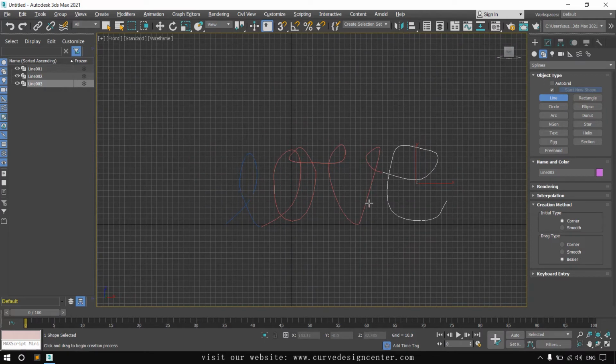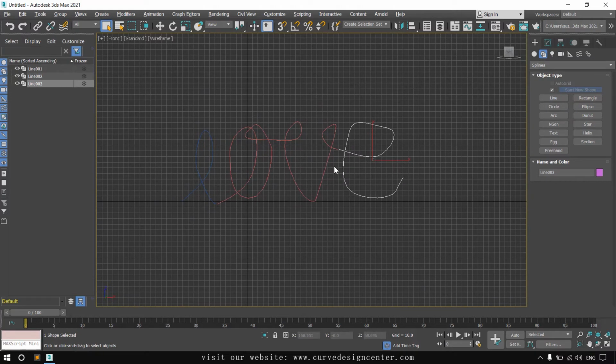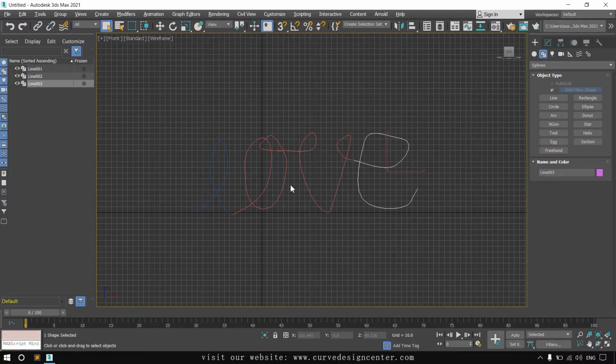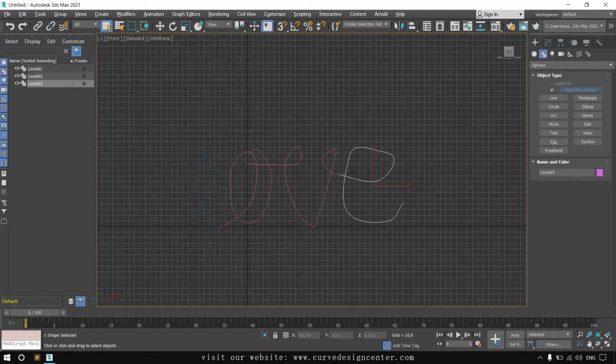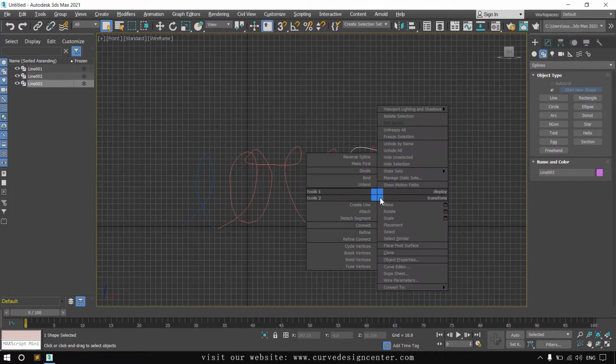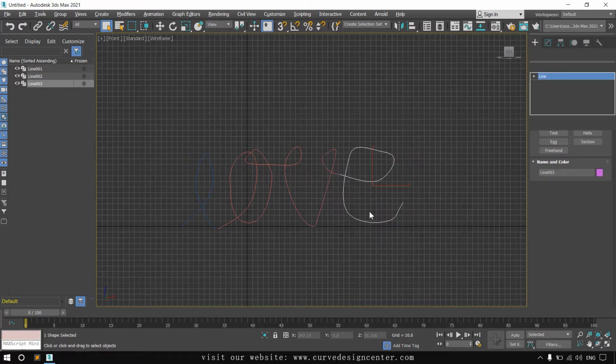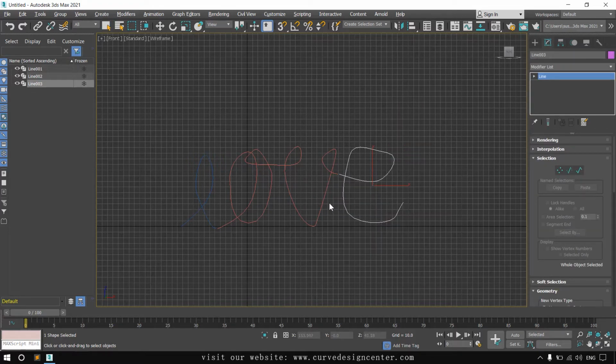Okay, I created a basic structure of these letters by using splines. The last letter is bigger, so we modify this. When you select these objects, they are separate objects because we created them in three parts. So first I select any shape, then press right click and choose attach. When you hover your mouse on the second shape, this icon for attachment appears, click. So this shape is attached with the E letter, and same, click on the L.